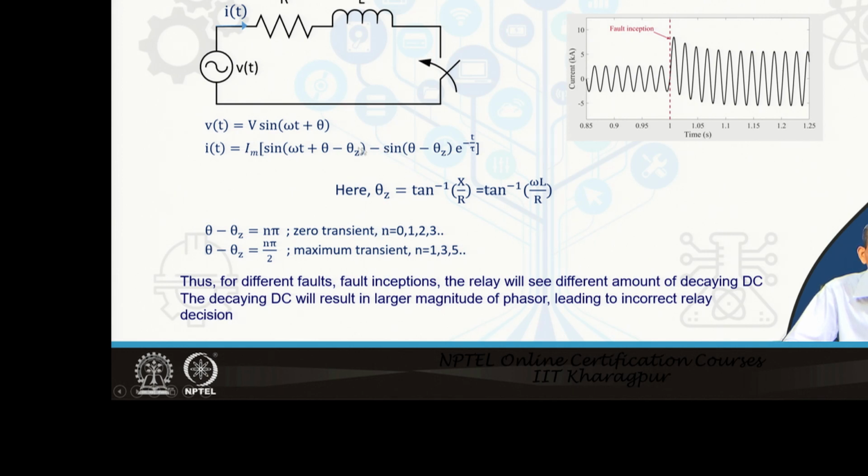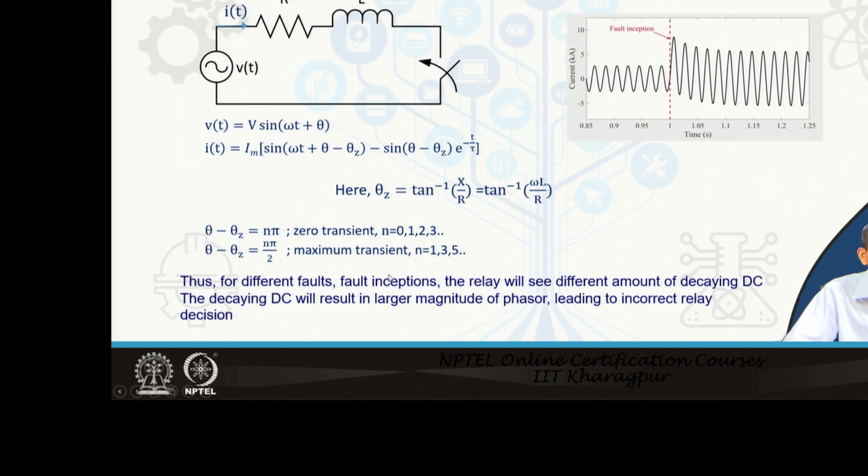However, the switching angle theta depends upon the instant at which it is switched on. Accordingly, the magnitude of the decaying DC comes into the picture in the corresponding current signal. Note that this decaying DC part is an exponential part. What we have discussed in the frequency response is either harmonics, interharmonics, or purely DC, not an exponential term, not decaying DC. So, how good the corresponding phasor estimation technique is against this challenge, you have to see.